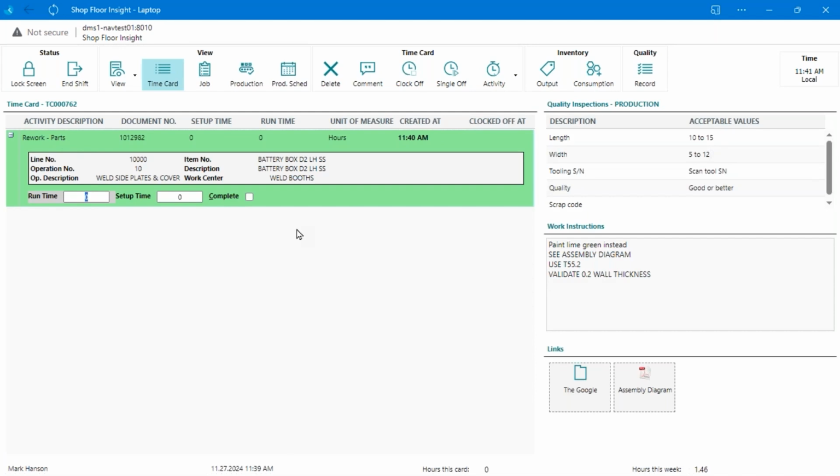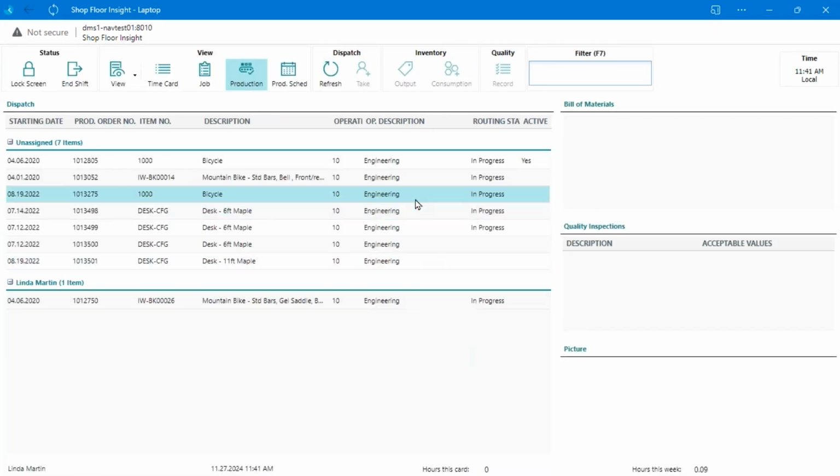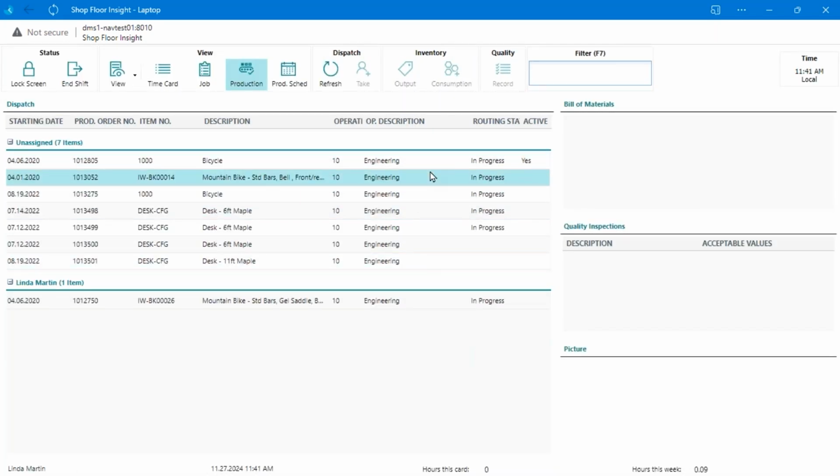Okay. Now this is paper-based. So if I have a traveler out there that I scan, the other option is if I come in here, I'm going to come in as somebody else. I'm in here as Linda now, and it shows the dispatch list. So this is the schedule that MX has generated for us. And I've just got her filtered down to engineering, but this could be laser cutter or welding or whatever,